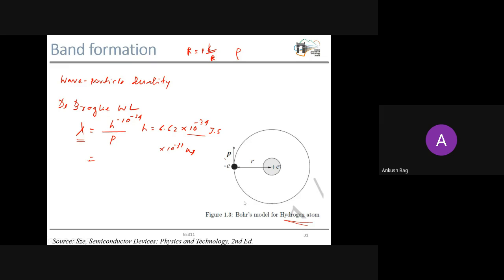I hope the slides are also visible, right? Arpit? Yes, sir, it's visible. Well, so